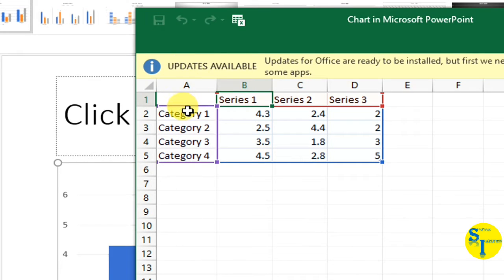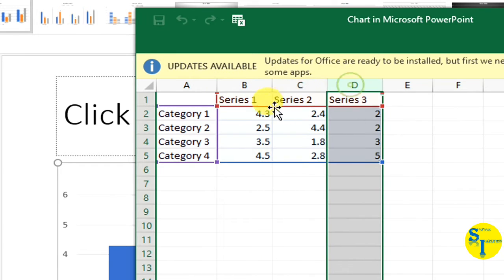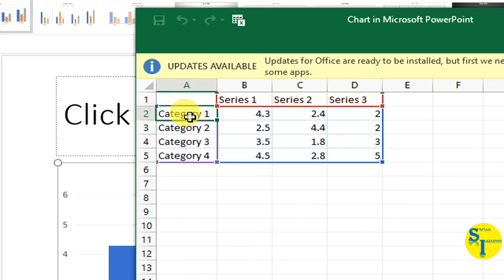Here you can find in the first column the category list is given, and in the other three columns the data series is given. So these are the categories and these columns are the data series.